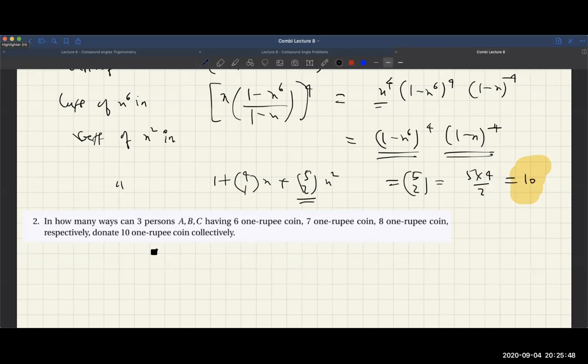So the first person has 6 coins. So maybe I can say that the amount of coins the first person has is the amount of money he will donate. Let it be. So this is an easy way to write. No? Let xi